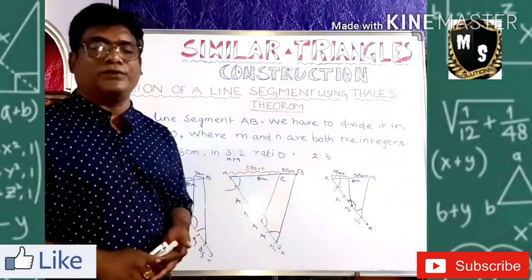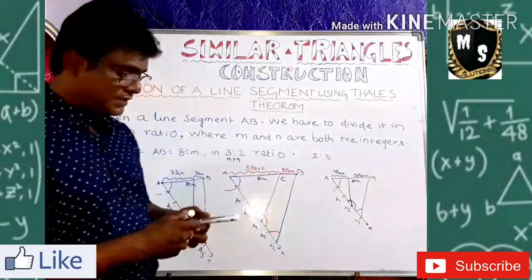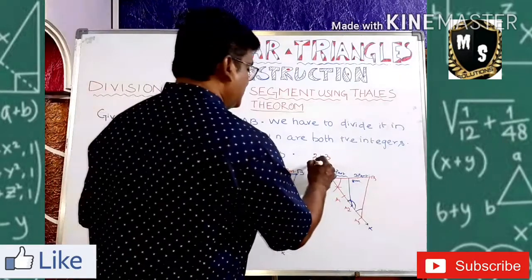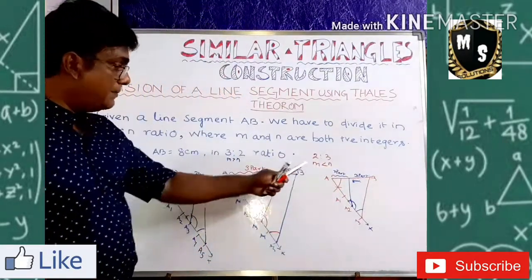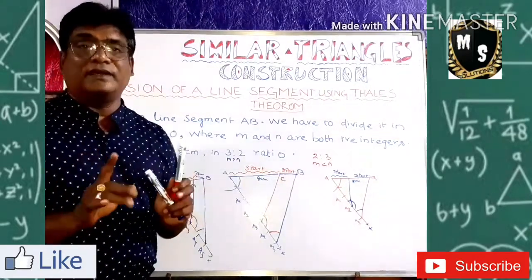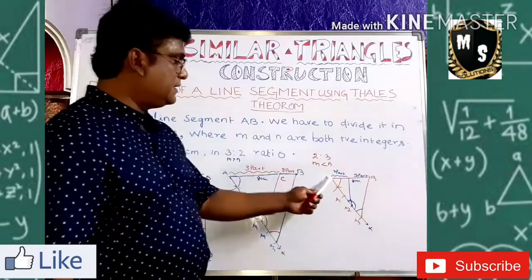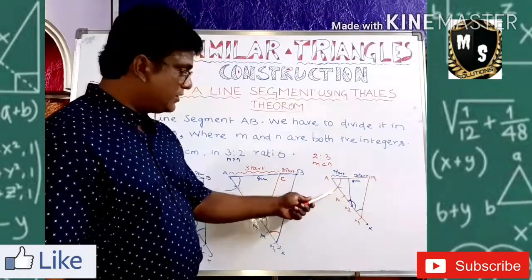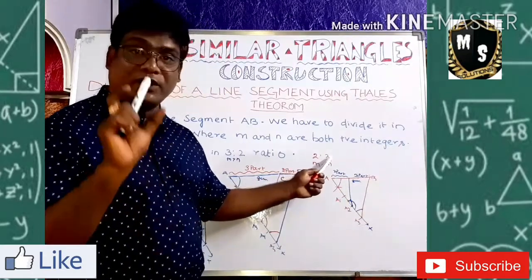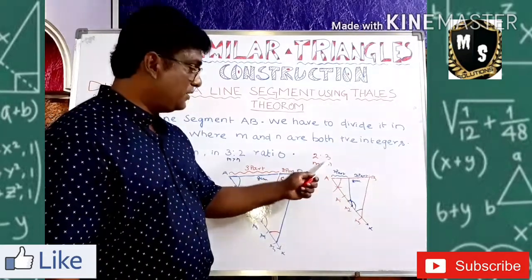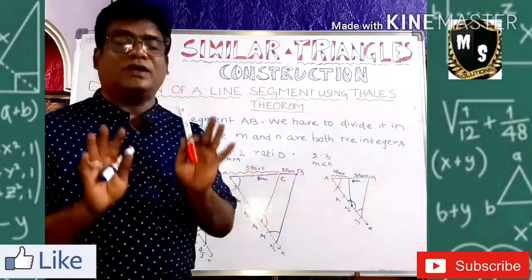Now a question will come to your mind. Sir, if it is 2:3, I did it here for you, 2:3. Now you see, here your M is less than N. When M is less than N, don't add it. Take the bigger part. What is the bigger part? 3. So same, take AB equal to 8 centimeter, take an acute angle 60-degree, and how many parts will you cut? The bigger part. What is the bigger part here? 3. So 1, 2, 3. Clear? Don't add it.